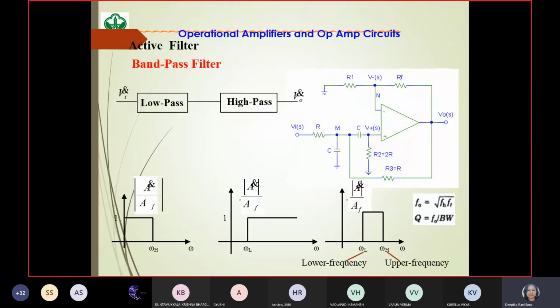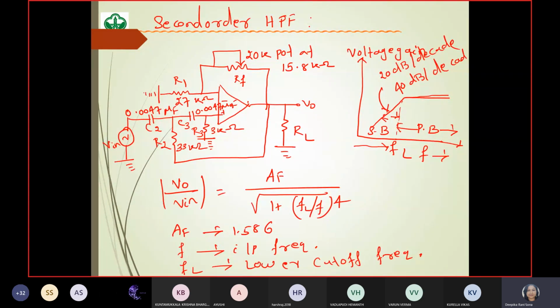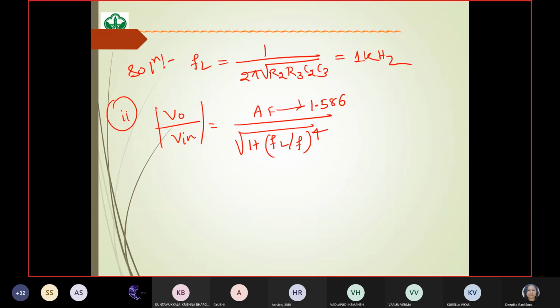For the design step only I am coming, guys. Why I am saying high pass or higher order filter, how do we make that is very important. Low pass and high pass are very basic and you can easily remember that. Here also the equation you should follow for the voltage gain magnitude. This is the only difference we are getting, remaining things are the same, along with the placement of the circuit components.